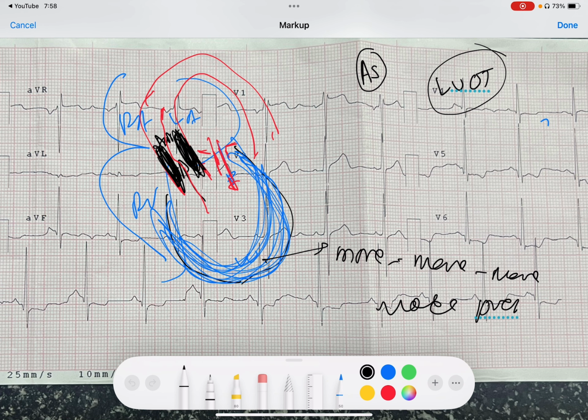If there is aortic stenosis, stenosis means there will be a narrowing, so blood cannot flow or pass very easily. That is the reason the LV has to contract very heavily to make sure a significant amount of the blood goes out of the left ventricle. The second most common cause is hypertension. Hypertension is where the systolic or the diastolic blood pressure is high. In short, the blood pressure in the aortic system will be high.